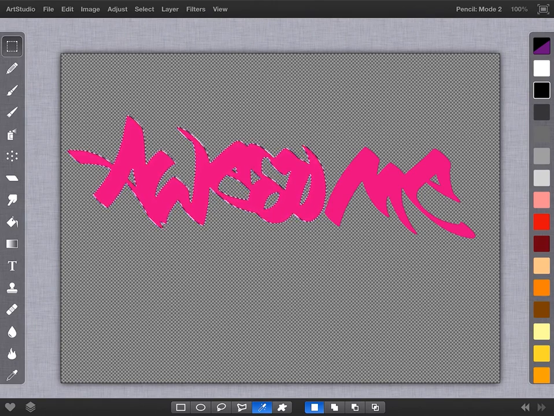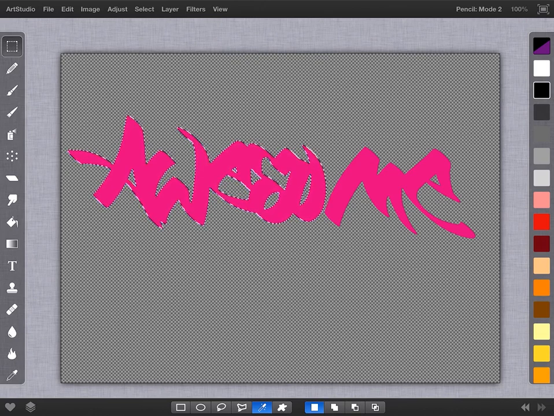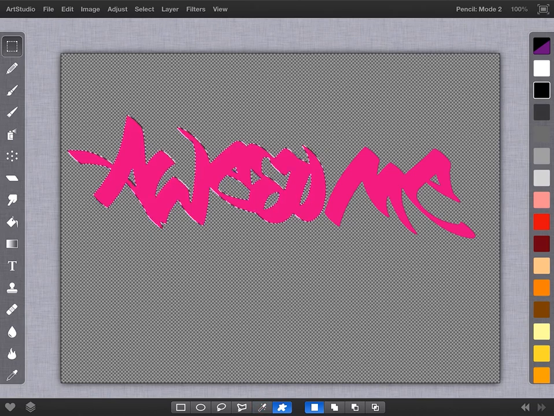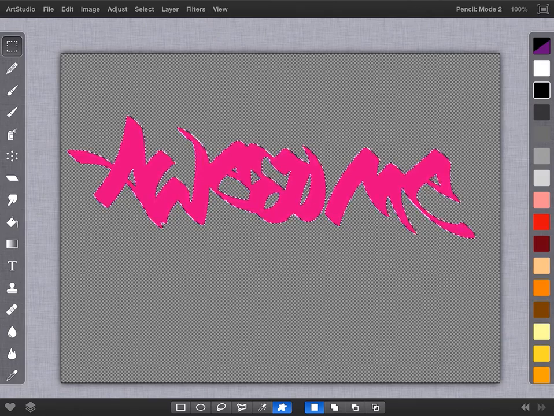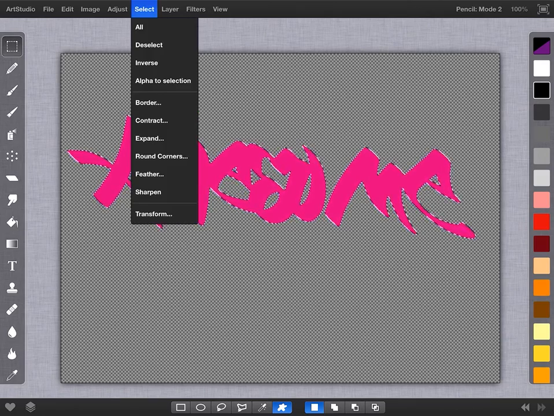The difference between these two tools is the magic wand will pick up anything that's the same pixel you selected and attached and connected. The blob will pick up anything on the screen that's the same color. It doesn't matter whether or not it's attached. So I picked it up. I got that. So now what I want to do is go to the select menu, and